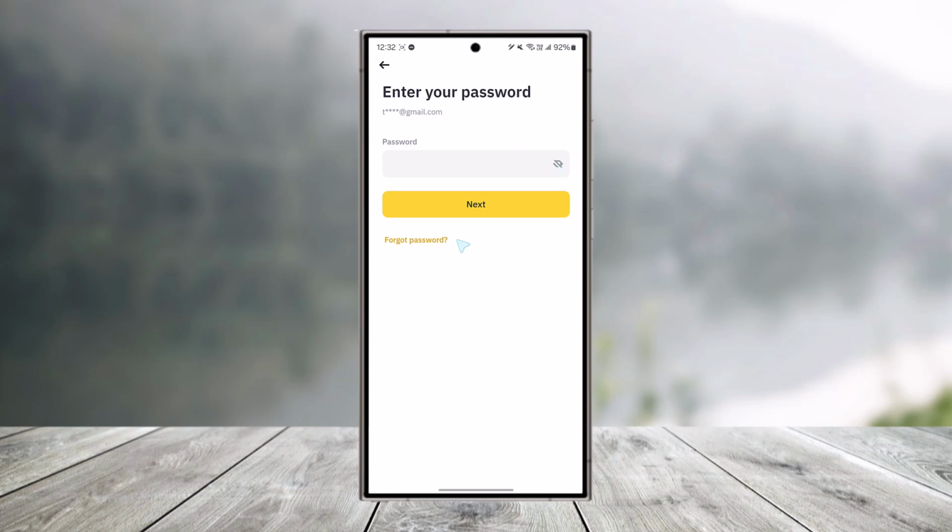In case you happen to forget your password, you can tap on the forgot password button to reset it using your phone number and email to be able to log in. This way you will be able to go ahead and then basically log into Binance in India, or specifically wherever